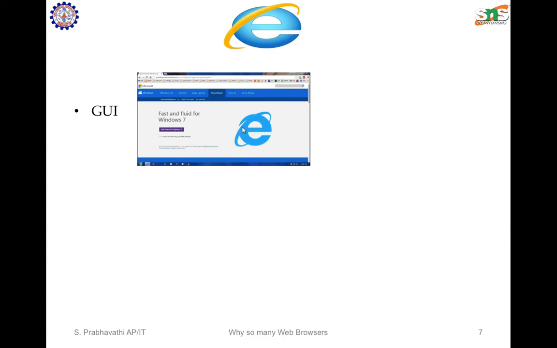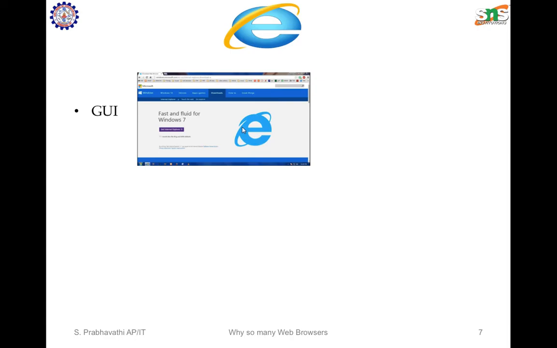The first is Internet Explorer, formerly Microsoft Internet Explorer and Windows Internet Explorer. It has versions starting from 2 to 11, and recently Microsoft Edge in the year 2015. It is a graphical web browser developed by Microsoft and included in the Microsoft Windows operating system starting in 1995.